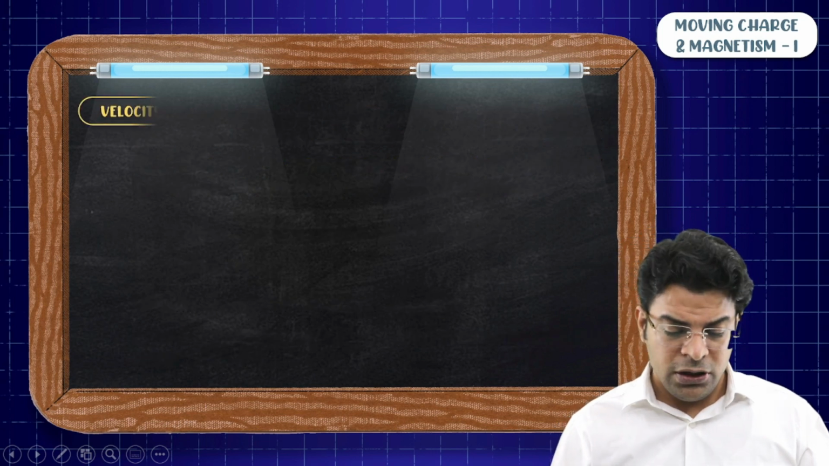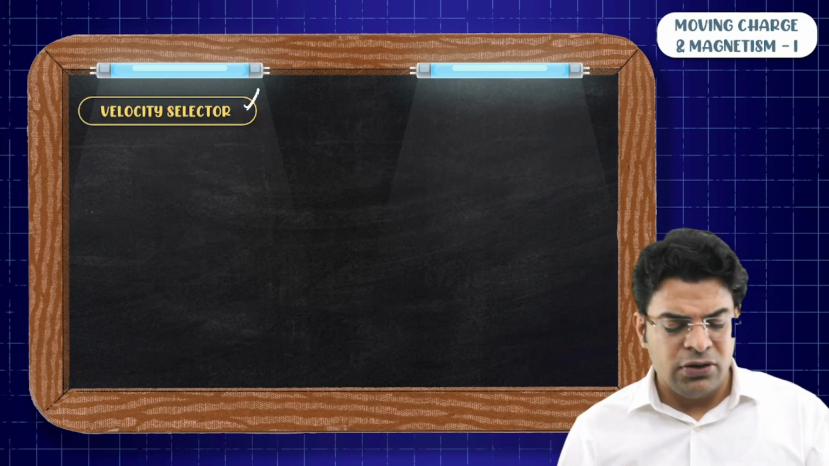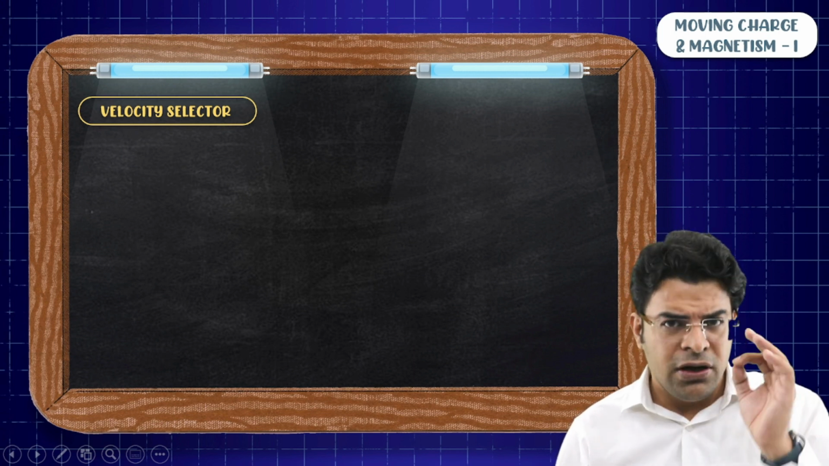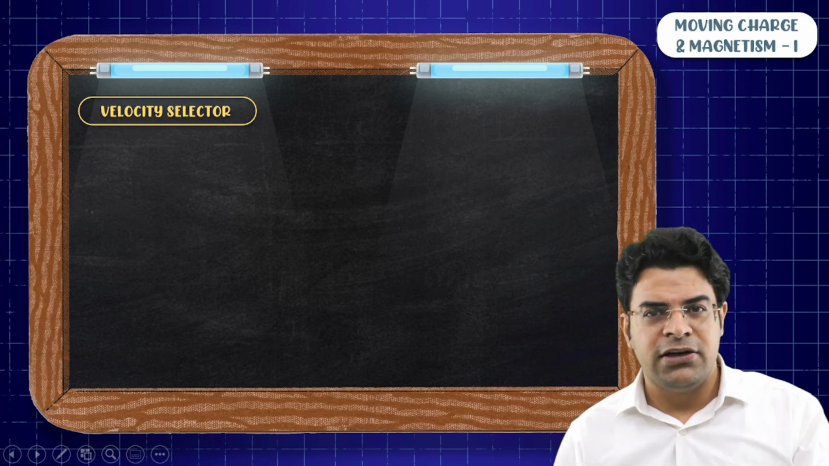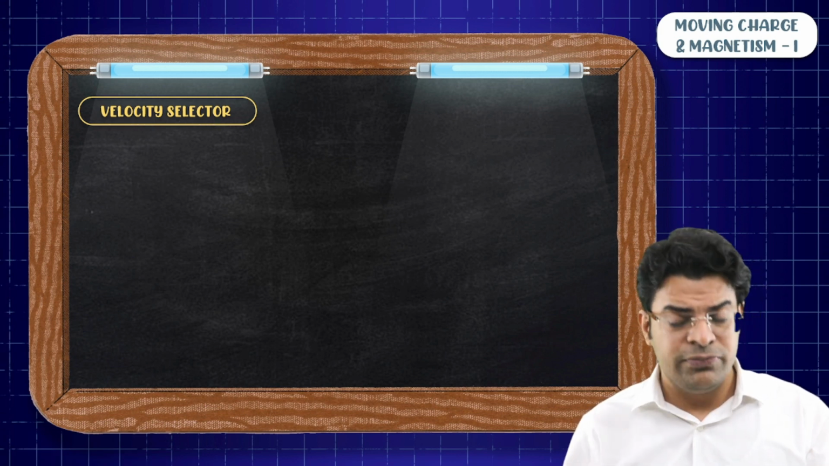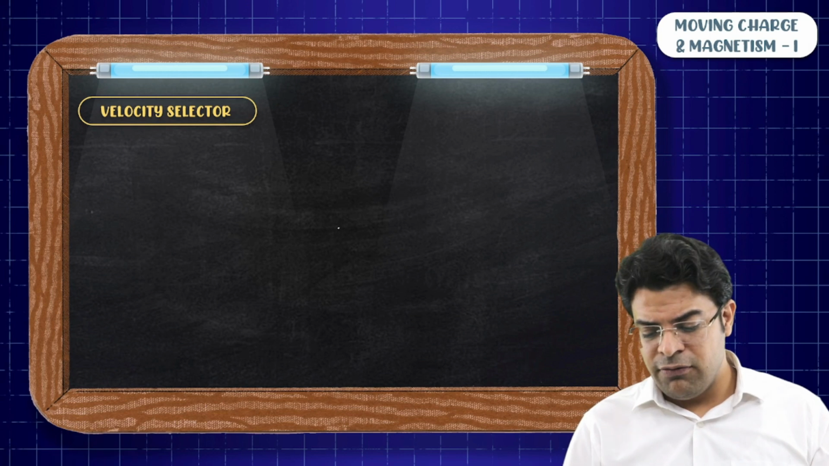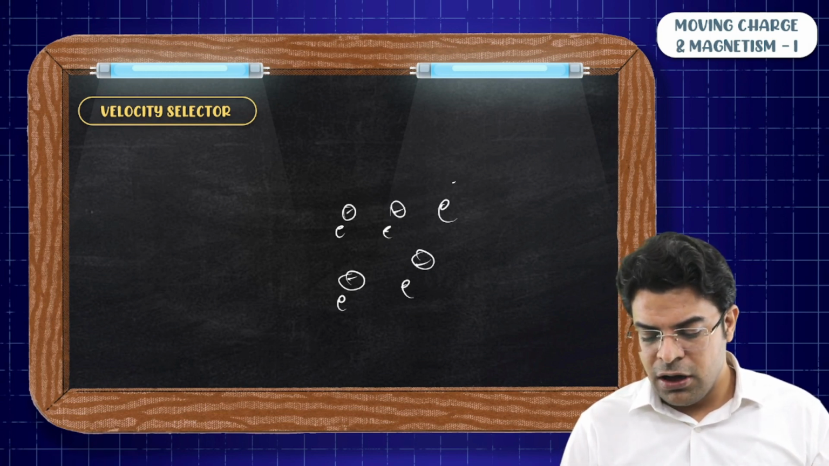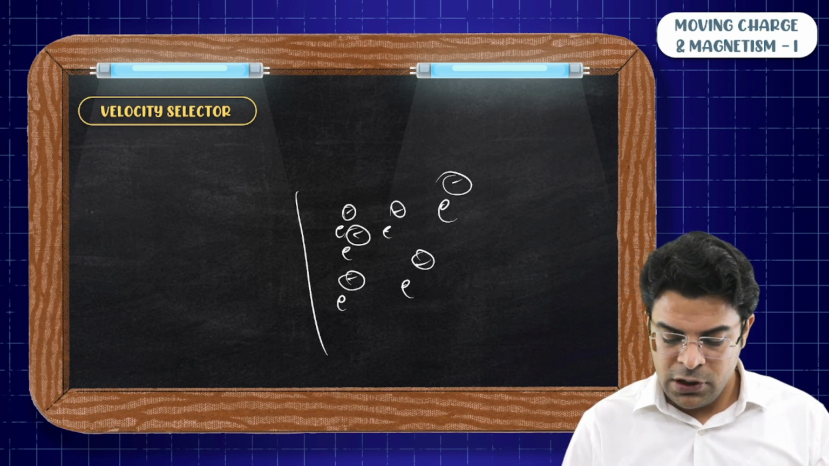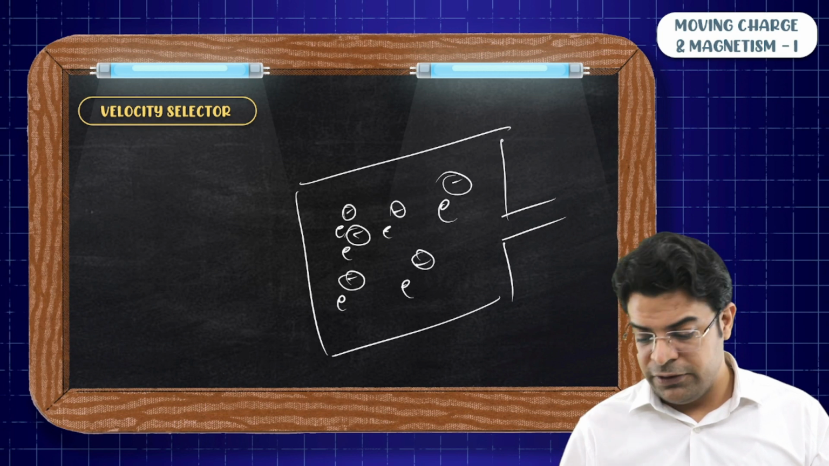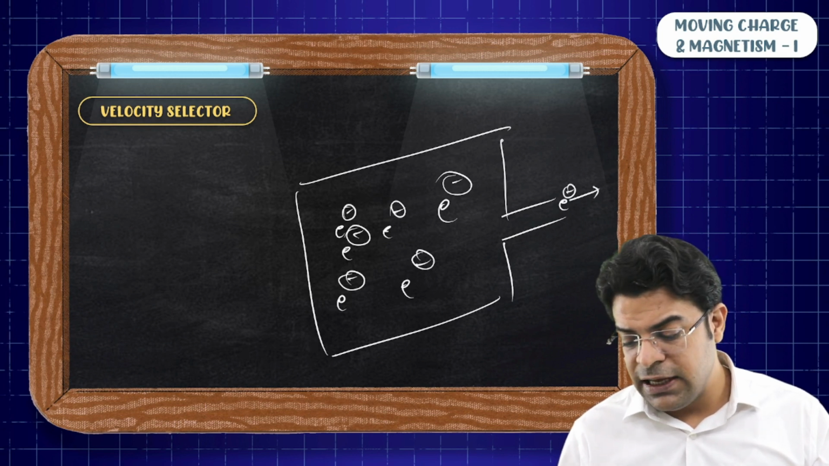So moving on, let's talk about something called a velocity selector. It's a very easy device. Now, what does a velocity selector do? Sir, the name tells, it selects a particular velocity. Now, let's say you have got many electrons in a container and you want a particular electron coming out of it, a particular electron which has got a speed of 2 meter